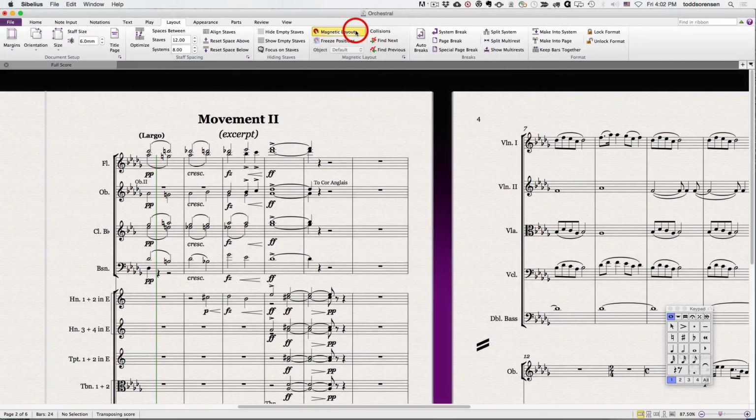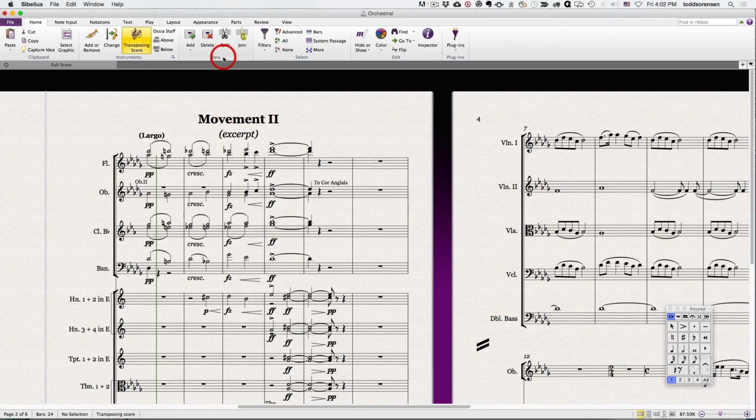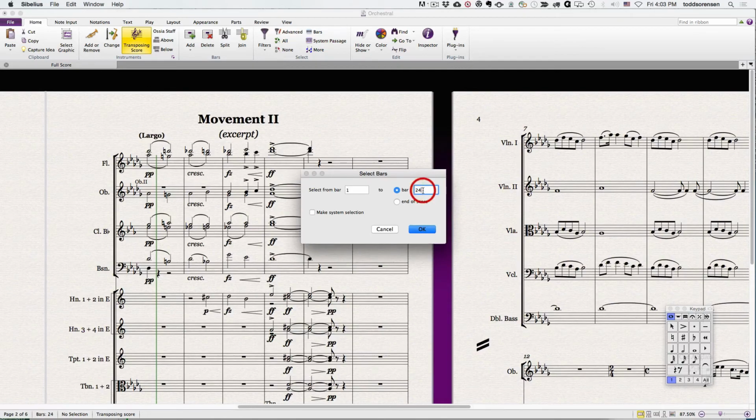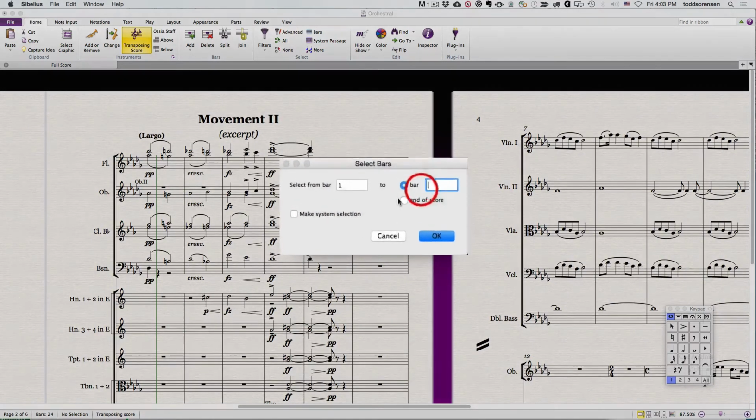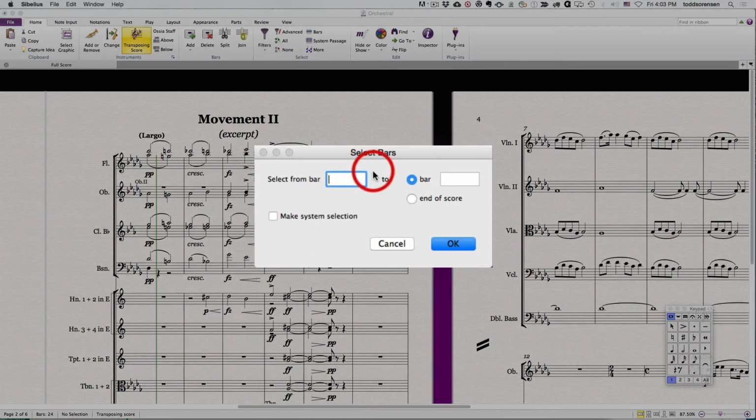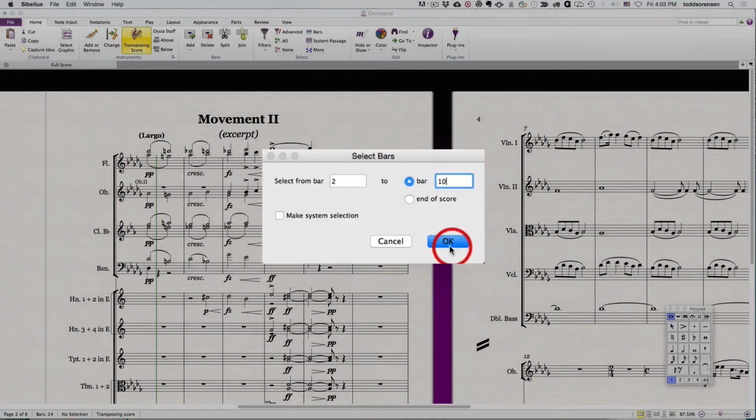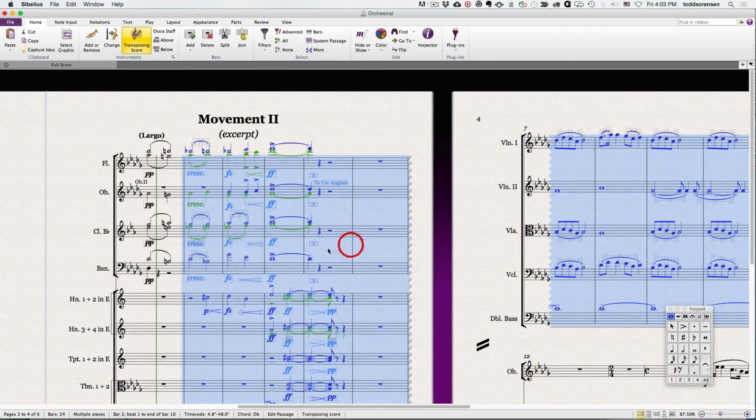Range selections can also be made from up in the ribbon. So if you come up here to the Home tab and select, you'll see you can choose bars to select. You'll also notice that that has a shortcut on a Mac, Option Command A. So if I click on this, let's look at this dialog box. First, we can select a bar that we want to start at, let's say measure 2, and we'll go up to measure 10, and click OK, and you can see I've made a selection across all my tracks from 2